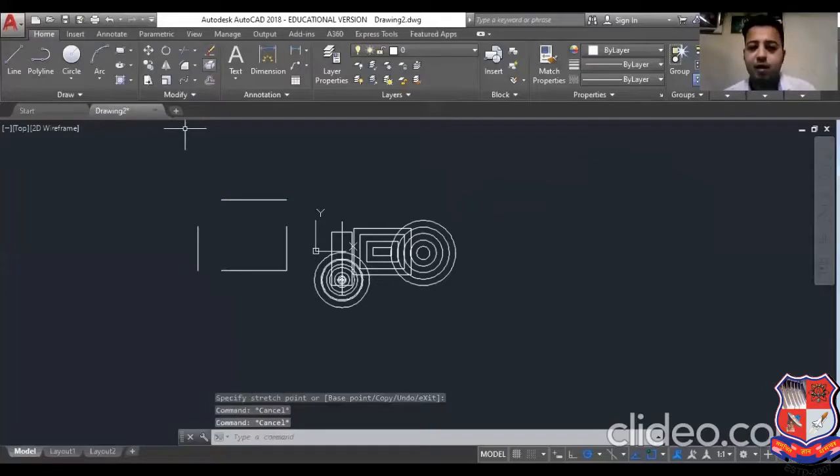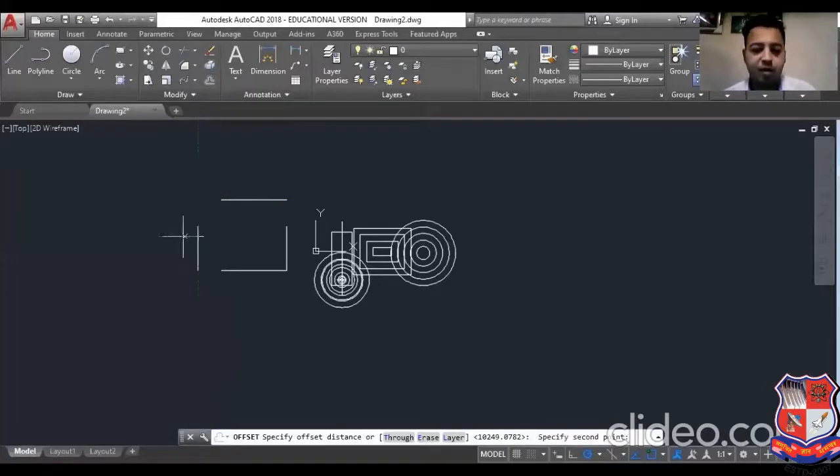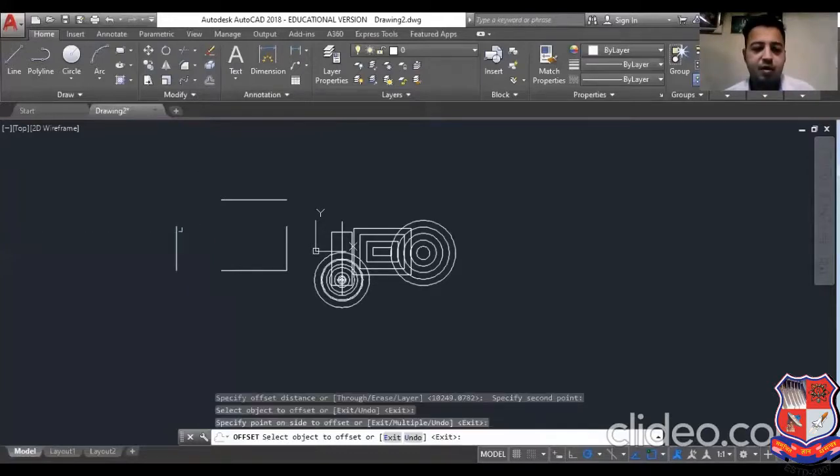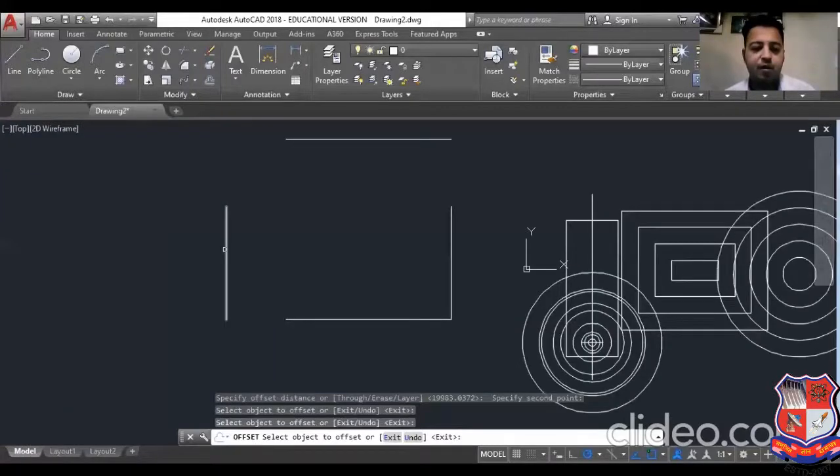And with the offset command, you can make a number of copies of this object, like suppose I click the distance and click this. But here you can see, escape or enter, the erase object option is still on, I will say No. So now you can make a distance like this and you can make a number of lines.